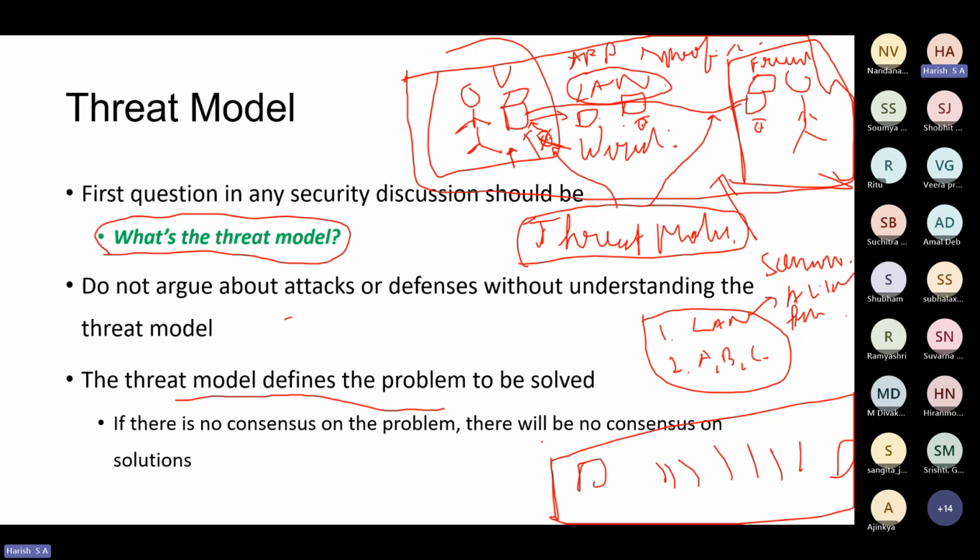What are the network conditions? There is A, there is B, there is C. What can A do? What can B do? What can C do? Under this condition, what are all the possible attacks, or what are all the possible threats that we could have? So you're defining a scenario like this. So essentially, in security research, in pretty much every security paper, the threat model is a very important factor, because one attack might work in a particular threat model. It won't work in another threat model.